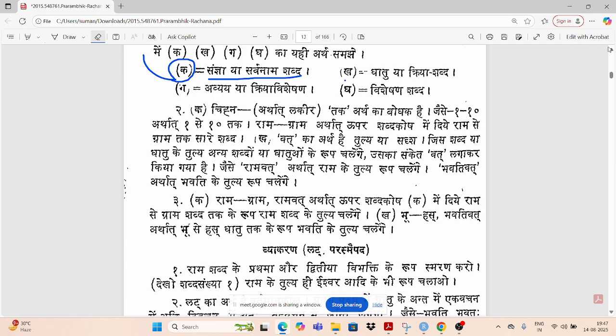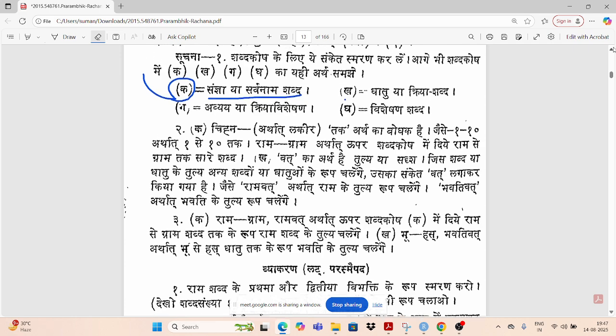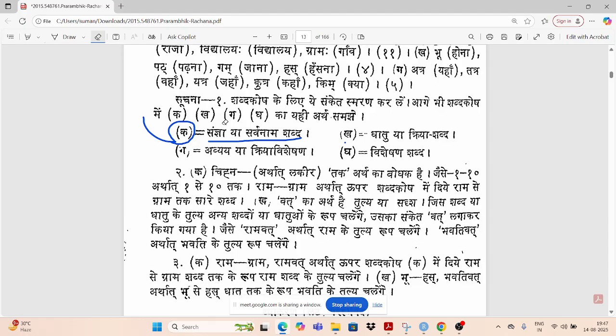So the first niyama, these are suchanas, not even niyamas. The first suchana that has been given is how we look at that book. Whenever you see a ka, you would understand sangya sarvanama, kha is dhatu ya kriya, ga is avyaya ya kriya visheshana, gha is visheshana shabda. Now second is